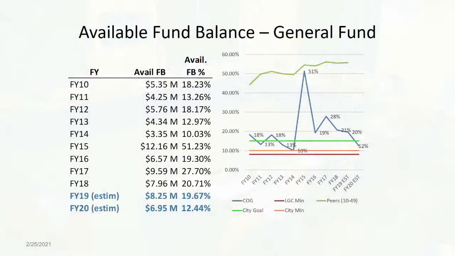Where are we at today? My ballpark estimate for 19 is about 19.67%, and 20 is about 12.44%. We're going to talk about how we got from 19 to 12 in the next couple of slides. I'm going to do the best I can to explain, but I can't sugarcoat it: it's complicated. As of fiscal 18, we had about 7.96 million in available fund balance,